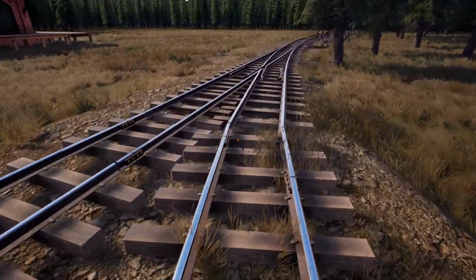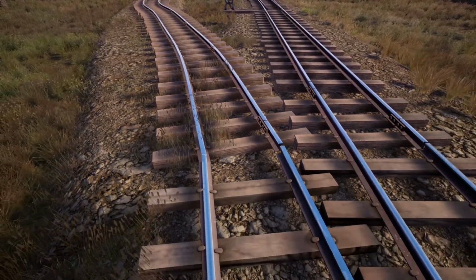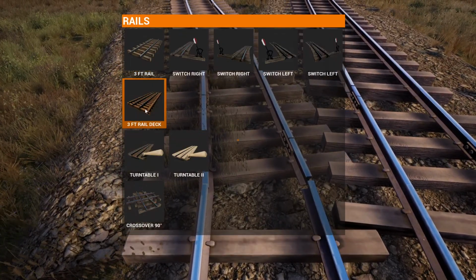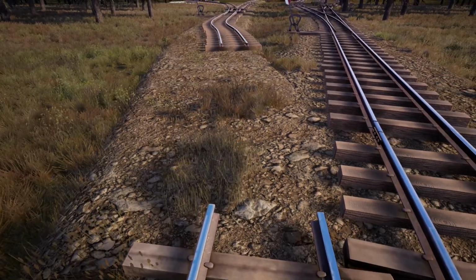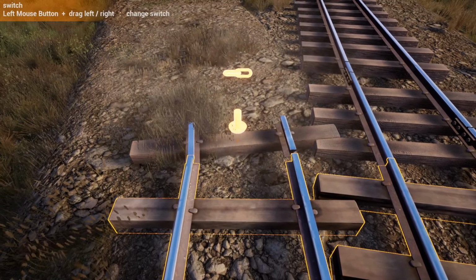Like I say, I'm not an expert. This I'm not happy with. I think that's too sharp a turn. Right, when you start messing around like this, here's the thing. When you start to take off pieces of track, that's when life becomes a little bit complicated. Because now I've got to...